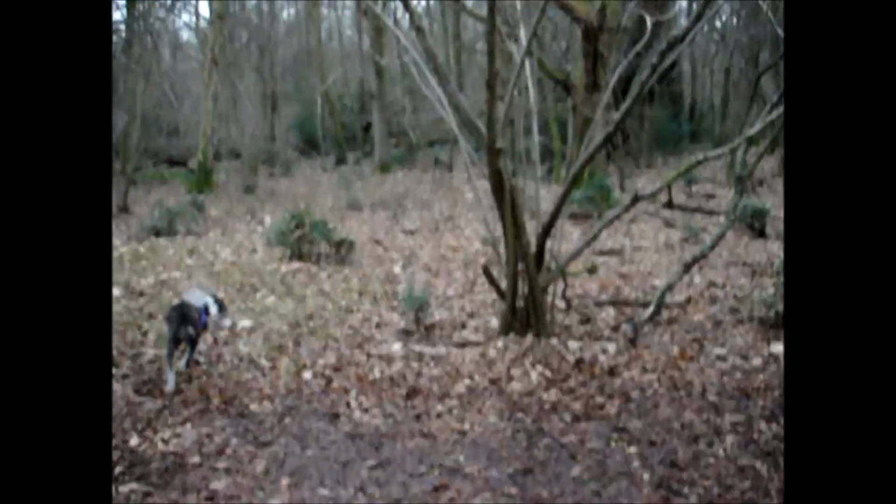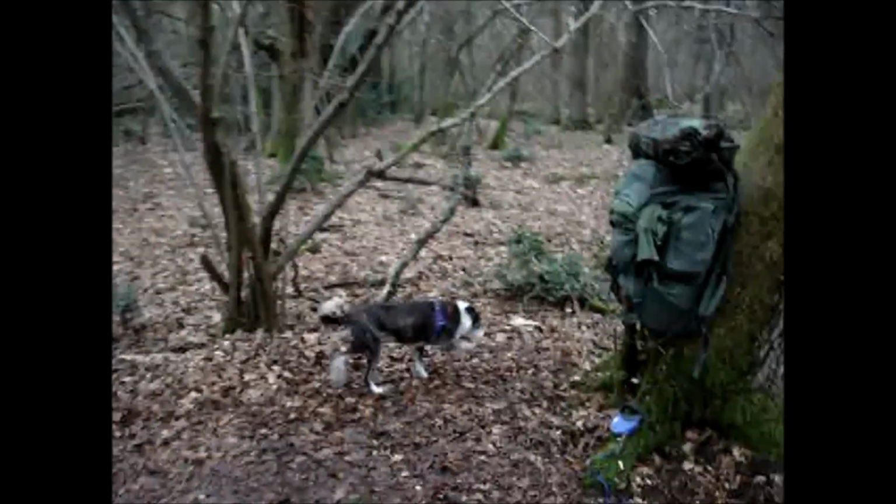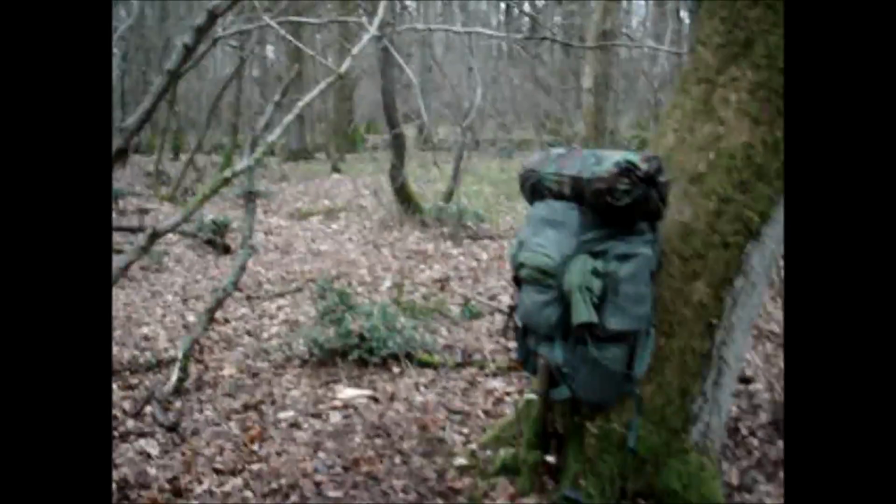Hello, doggy. Okay, so all packed up, ready to go. It's just coming up to 4 o'clock. Gosh, she's getting excited because she's going home to a real bed, although she does love the outdoors, little safari dog. But anyway, it's rucksack,